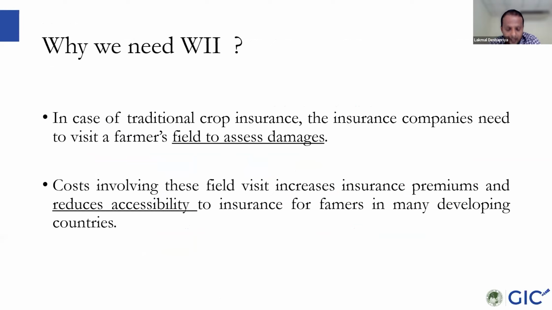So traditionally, there is a lot of insurance in developed countries in Europe or North America. So they are based on what's called indemnity-based insurance. So basically, like in Germany, the agriculture officers visit the field like 3 times: at the beginning of the season, the middle of the season, and the end of the season. So if they observe some sort of damage, they compensate farmers for that.